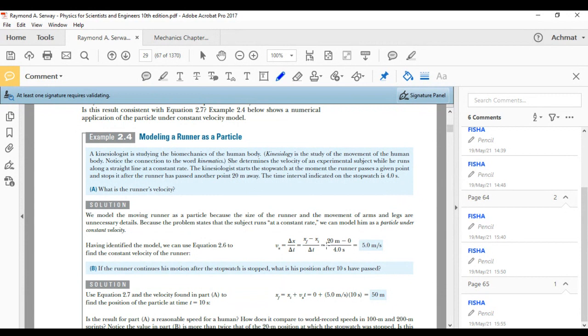Just 20 minus 0 gave you an answer of 20 according to the subtraction rule. So you get 20 over 4.0. So it is 2 significant figures divided by 2 significant figures. So my answer, now 20 divided by 4 is 5. But I can't write 5. I have to write it to 2 significant figures. That's why we said